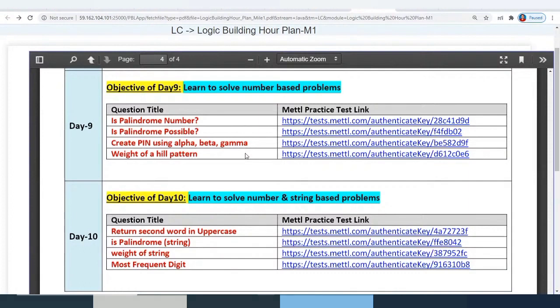If you have your own logic and you have already successfully implemented creating the pin using these three numbers, that's fine, well and good. For those who have not, because as I said, three of them yesterday itself personally asked me that they are not able to pass a few test cases, for that reason I'll quickly show you